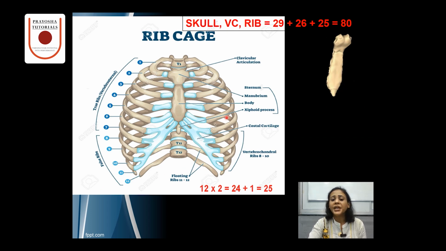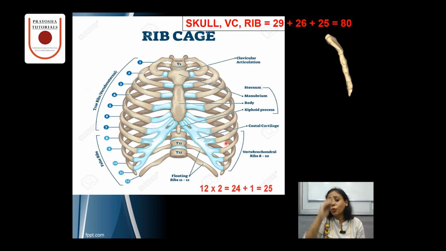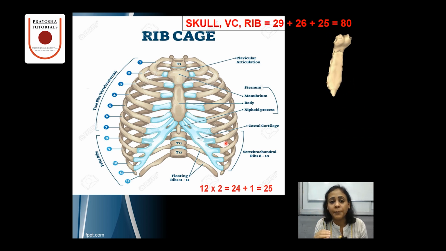So like that, we have 3 types of ribs, a total of 12 ribs, and these are connected to your 12 thoracic vertebrae. So thoracic vertebrae are at the back and the ribs are in the front. Now, as we know, the rib cage protects the vital organs, that is your lungs and your heart. Now, if you add up, it becomes 12 pairs, 24 ribs, plus 1, that is your central breastbone,